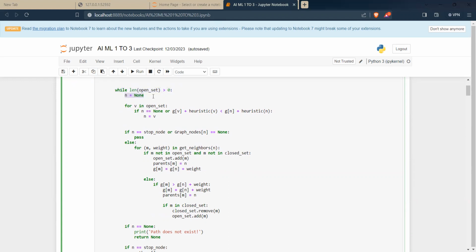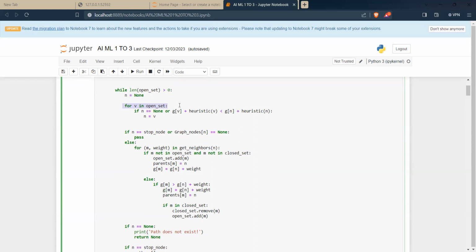Now initially we are assigning none to node n. Then in this for loop, v represents a node in open set. So for each node in open set,